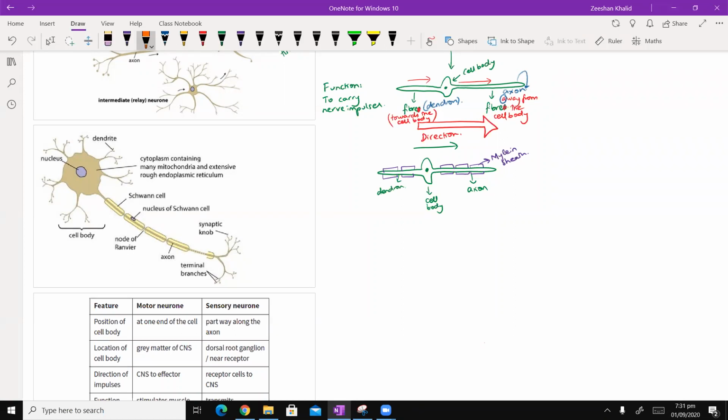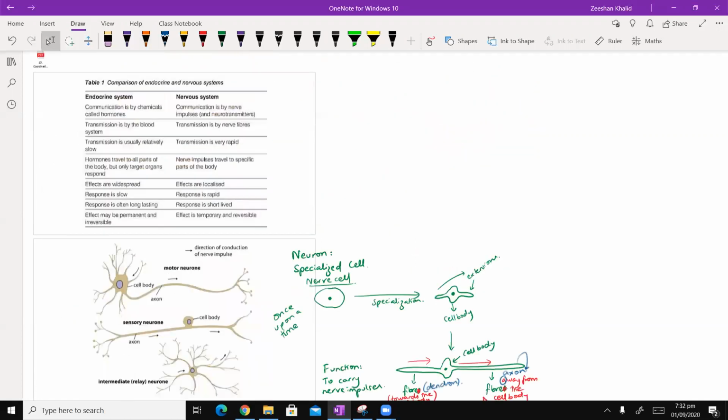Acha ji, I have three things on my plate today for our lesson. The first thing is we will talk about the neurons. The second thing is we are going to talk about something that you are quite familiar with already back from O levels, that is reflex arc. And number three, we are going to talk about resting membrane potential, which is a very important topic. That's the major part of what we are planning to do today. Okay. Chalaji, so let's begin.